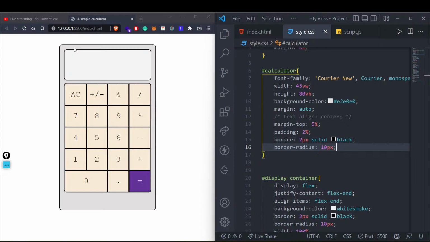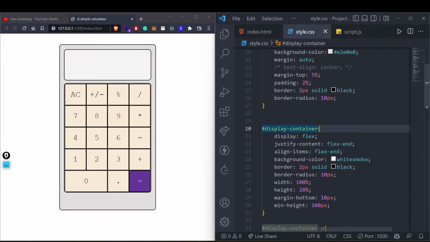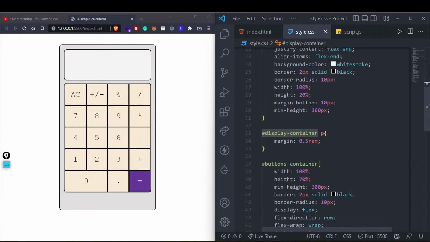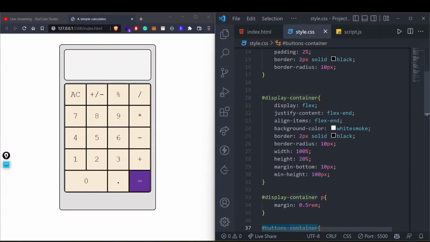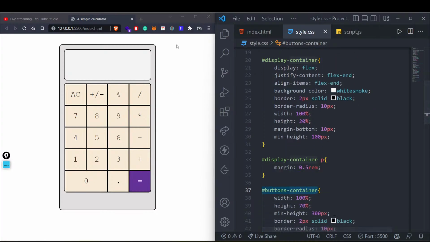Cool then. Chalo. Enough of the doubts. I mean, every doubt we have cleared. Now, there is a particular thing about the display container and this particular thing called the buttons container, right? The major thing that we have done over the display container and the buttons container is we have used Flex, right?